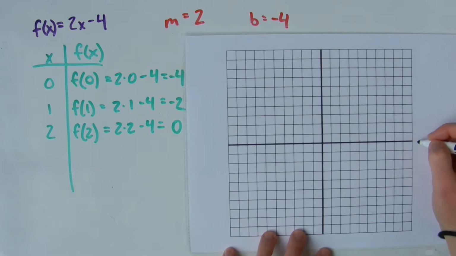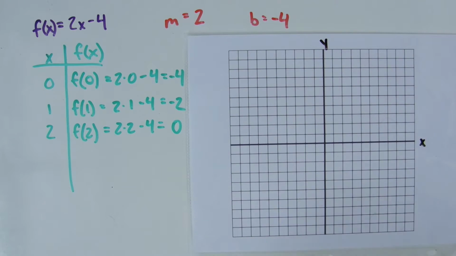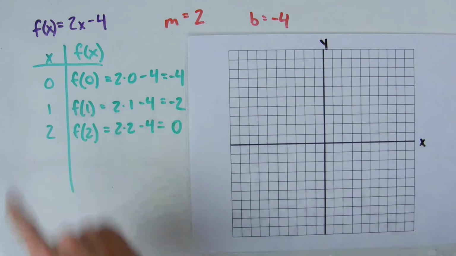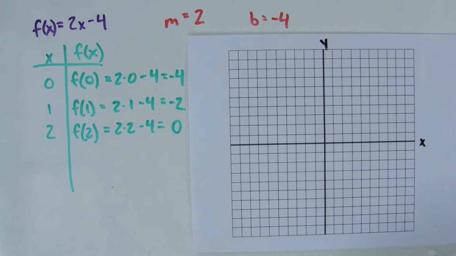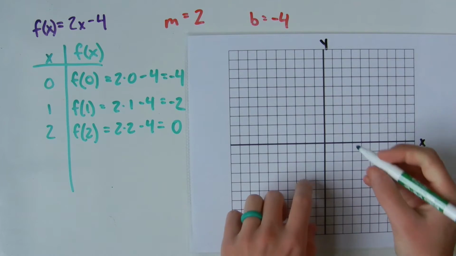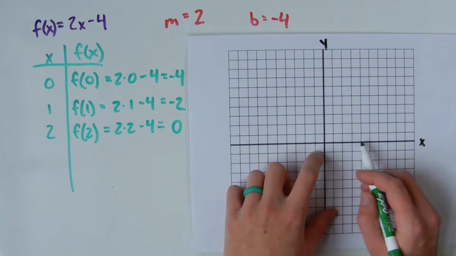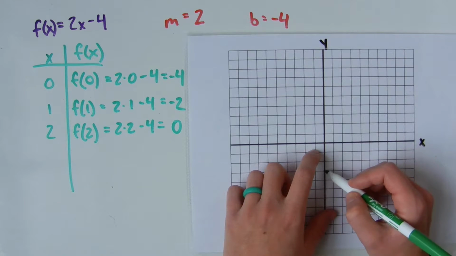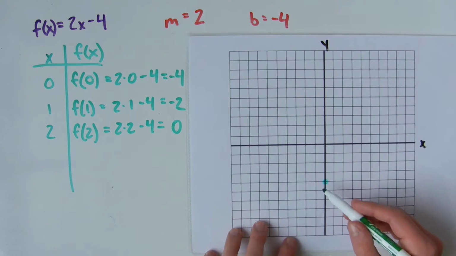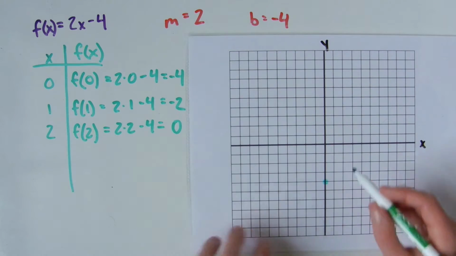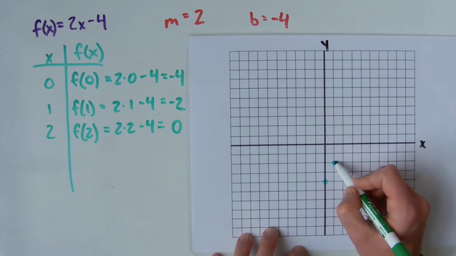Here's our coordinate system. We have our x-axis and our y-axis. And we're going to graph the following points. When x is 0, f of x is negative 4. So x is 0. Go down, if each of these are 1 unit, 1, 2, 3, 4. Here's the point 0, negative 4. Our next point is 1, negative 2. So 1 in the x and negative 2 in the y,